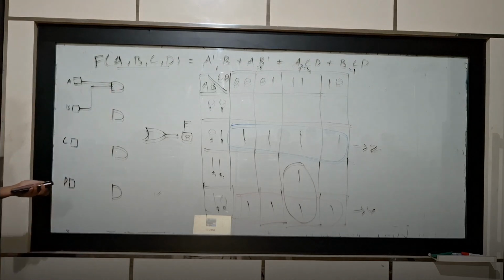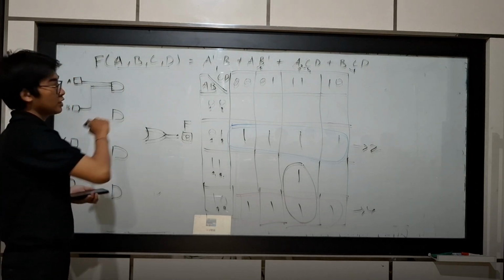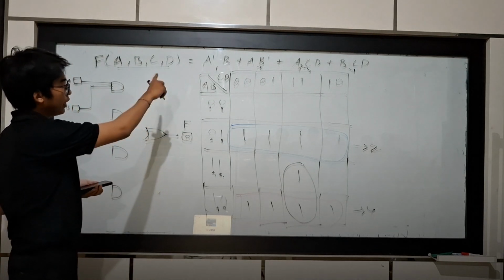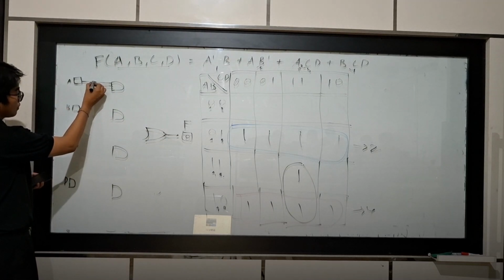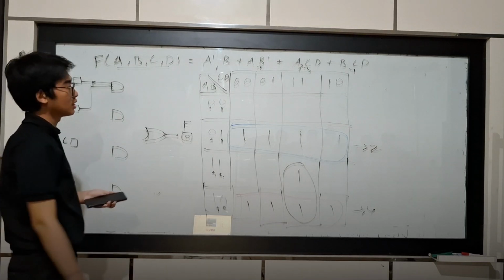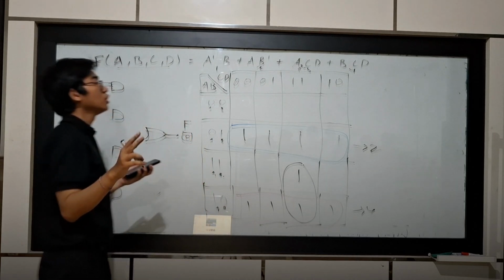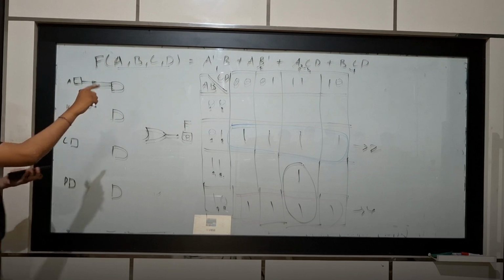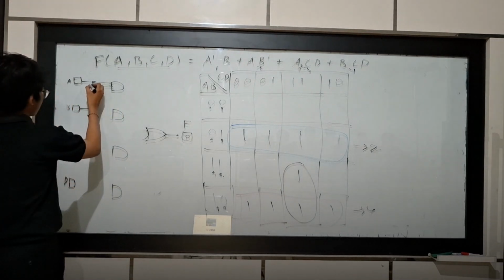But I remind you, first expression A inverse, so A is going to be like this, and then this is the solve of expression number 1, the first expression, and then we're going to connect it to expression number 2. Expression number 2 is A times B inverse. For this, A is connected like this